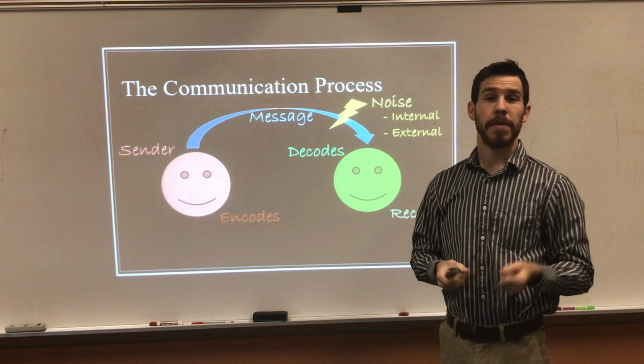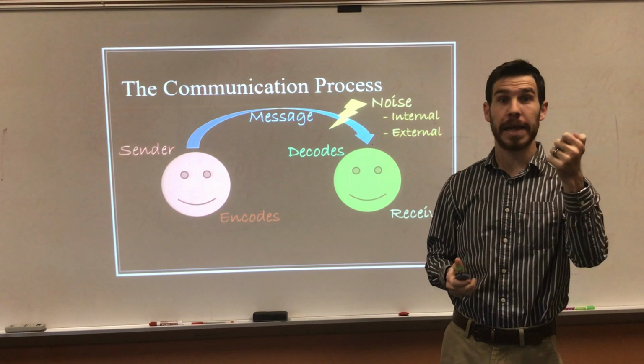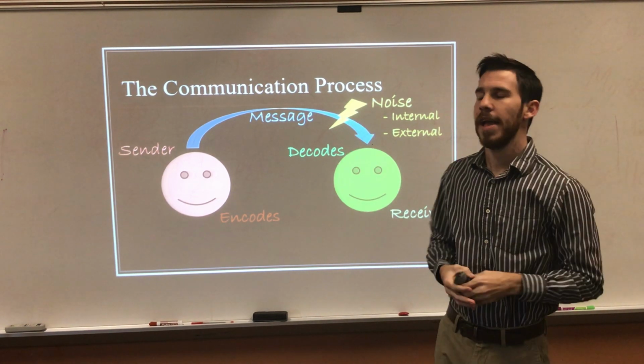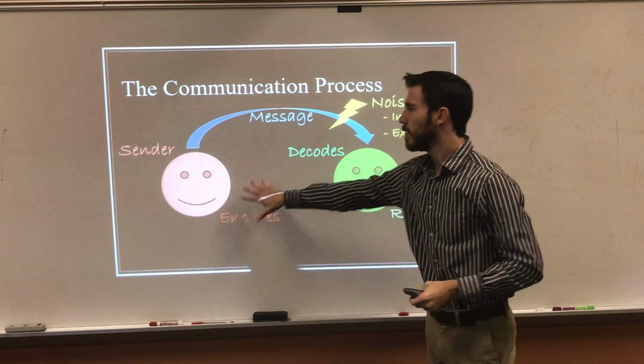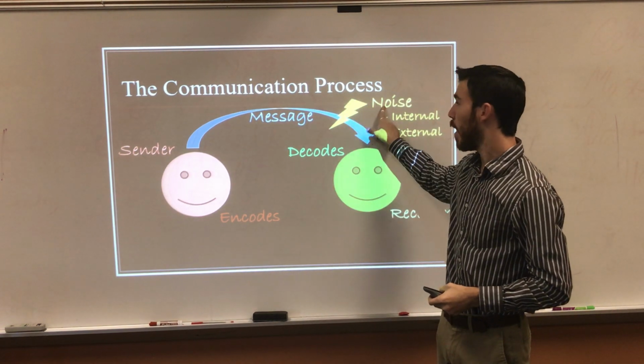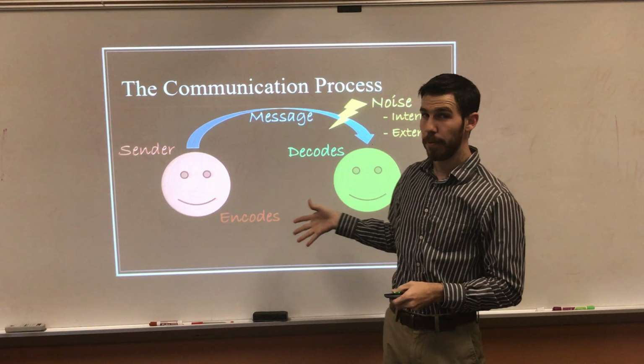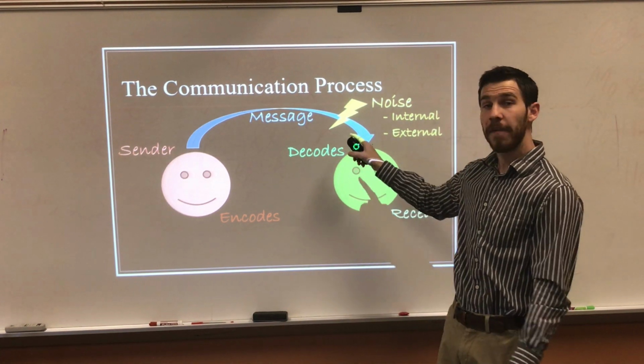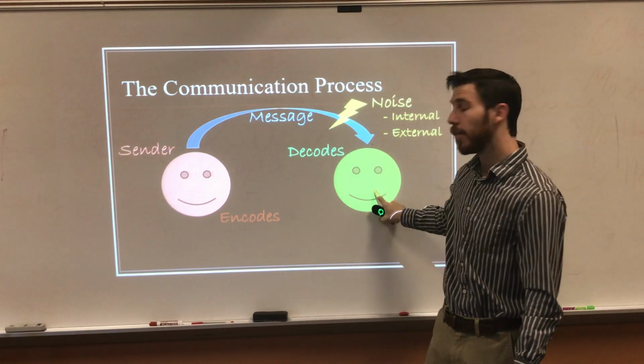You might be bored and thinking about someone else or being somewhere else or doing something else, okay? And external, people clapping, people whistling, a pen clicking in class, anything like that, actual noise, the air conditioner, anything like that. So sometimes the message could be blocked by noise, or part of the message could be blocked. All of the message could be blocked, just a little bit, okay? And then finally, at the end, the receiver gets the message.